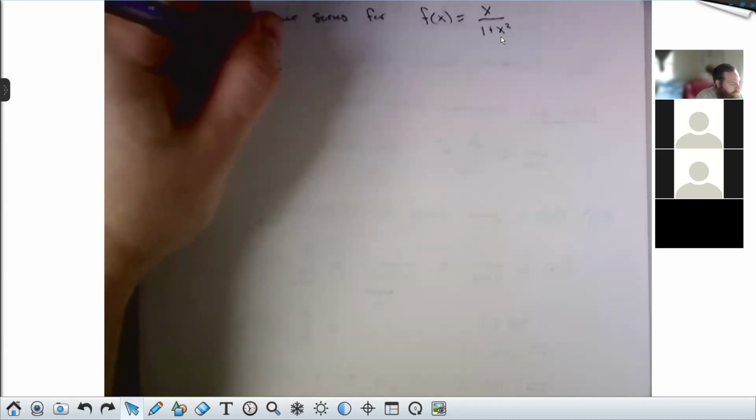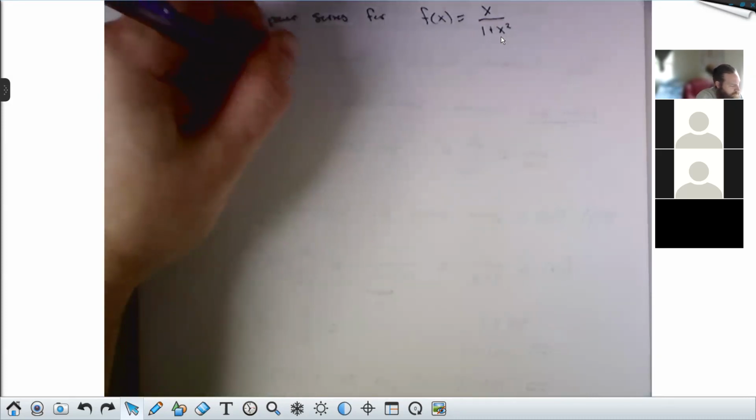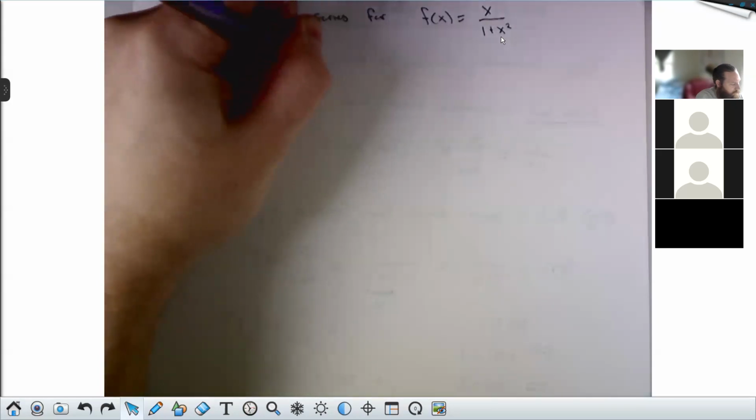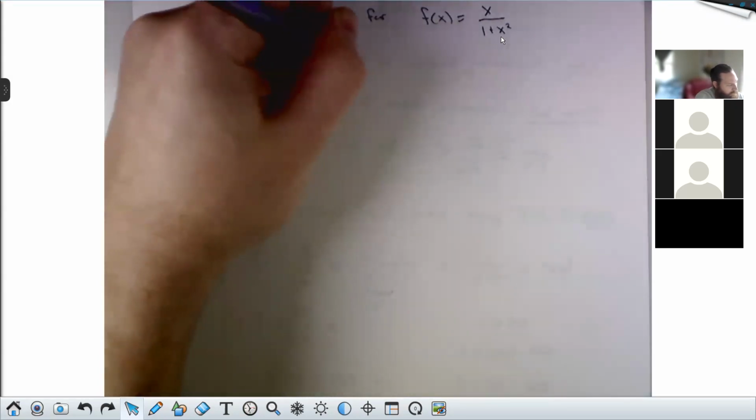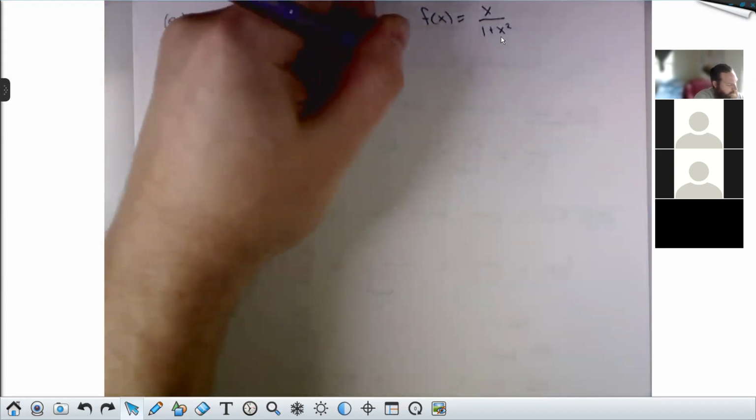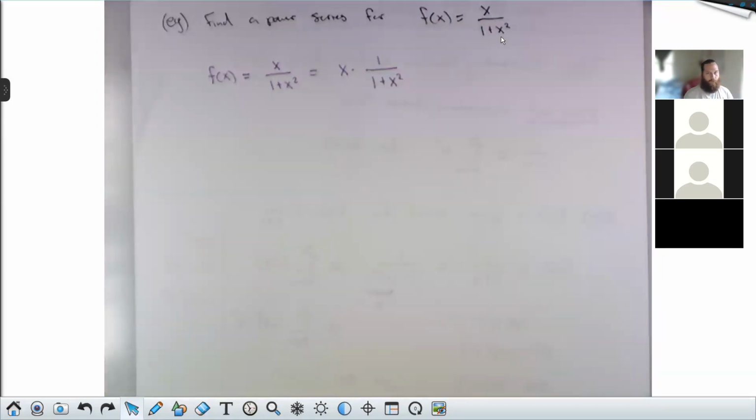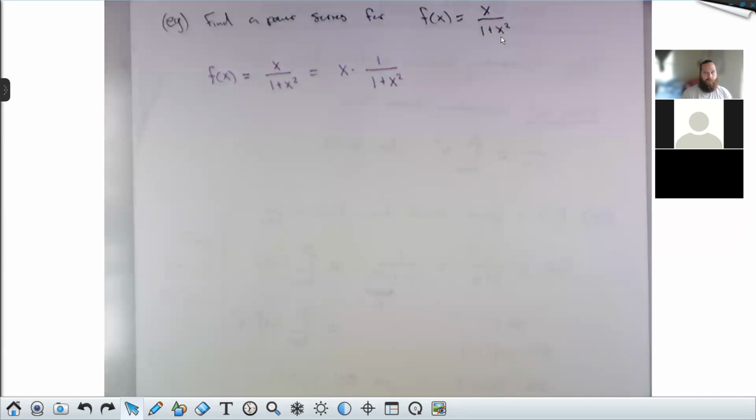First thing I would do is recognize that having that x upstairs is the same as having an x out front and a 1 upstairs. And I want a 1 upstairs because my geometric series trick is 1 over 1 minus u. So I've got a 1 up here. I've got a 1 here. This is a plus. So just like in the last problem,